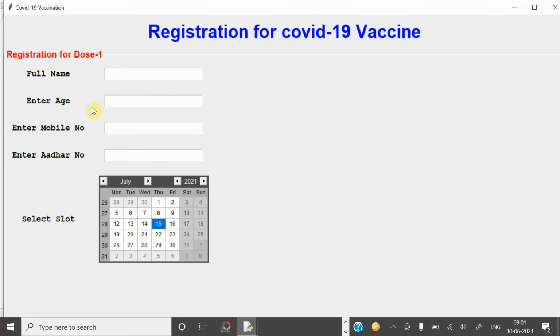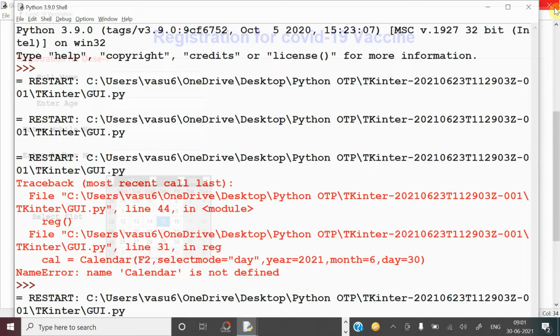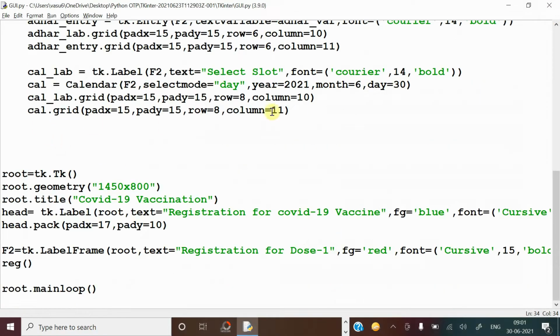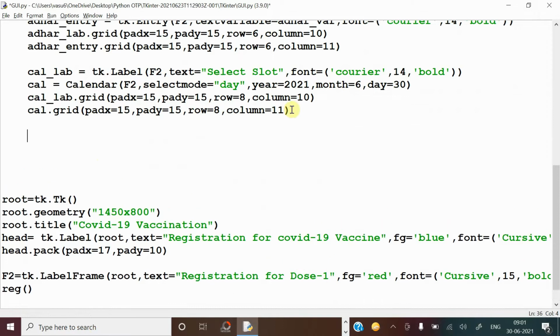Now what you have to do is create the buttons, so that by clicking on a button some activity can be performed. For this, first I have to create one button for generating OTP. If the OTP comes, then only we can proceed further. So for this, just complete your program. Now within the same function, after keeping all the components, keep the button b1